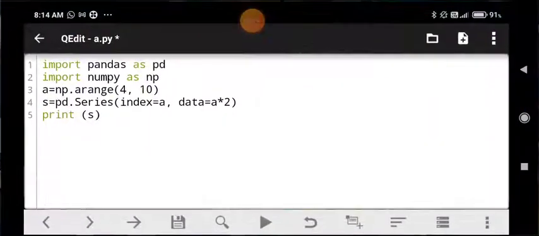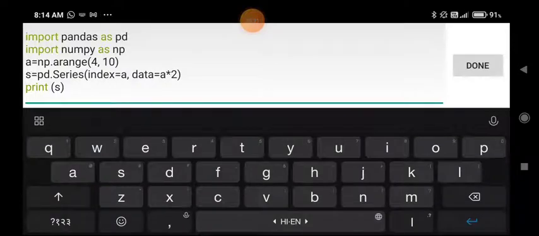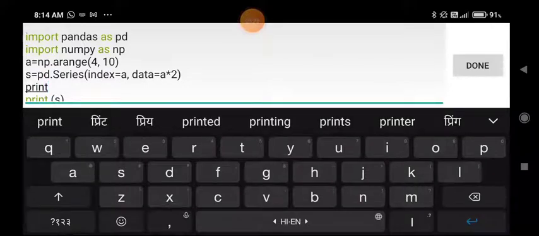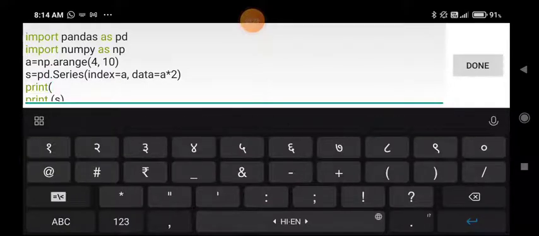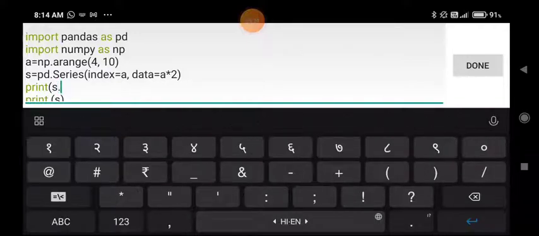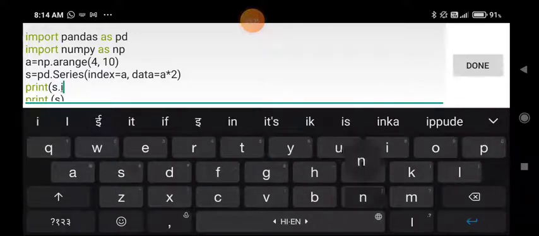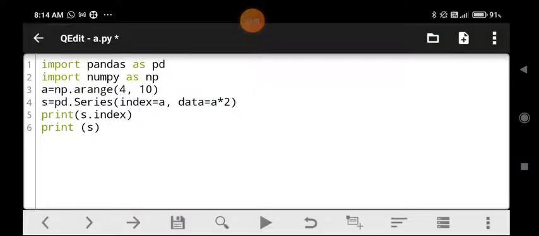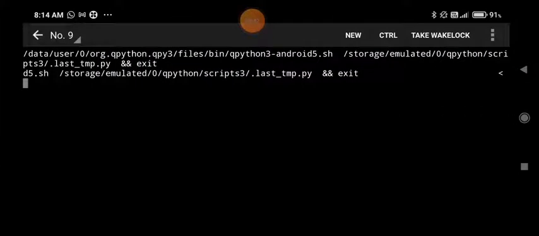So for example students, we are having this particular series and I am writing print and then in bracket if we write s dot index, so this is going to print the index part of this series.